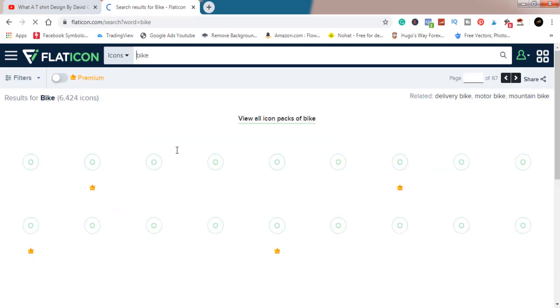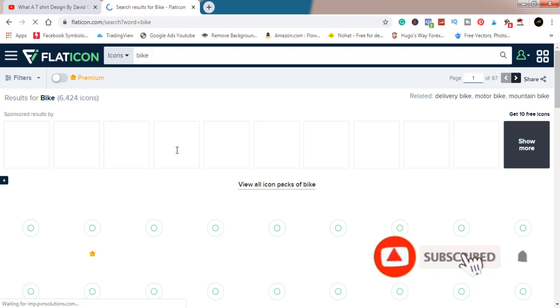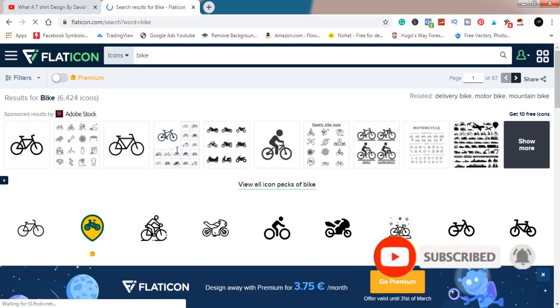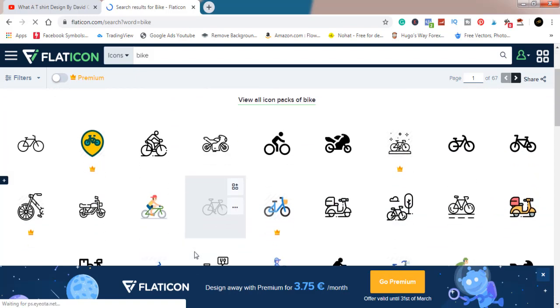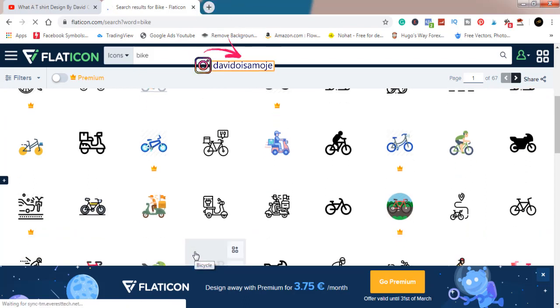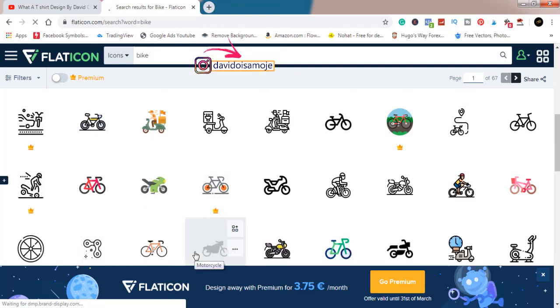T-shirt today. So this is the process I'm going to go through. It's going to be a 5-stage process, so please follow me. The first stage is finding the design, and then we'll move on to the second stage, which is the design itself. So we'll just keep scrolling to find a good bike we can use.